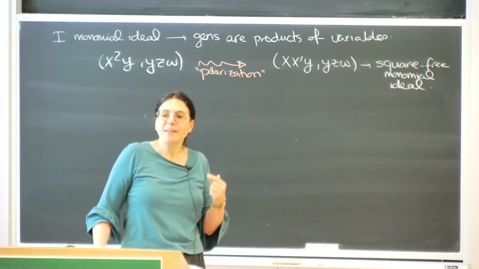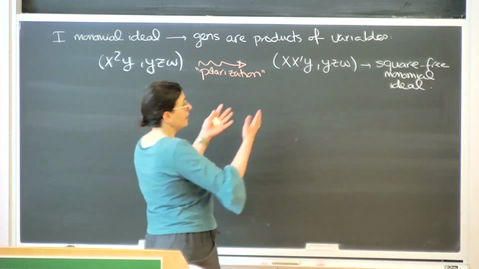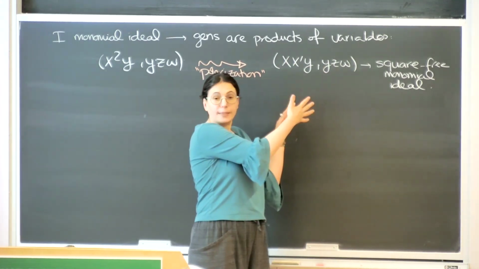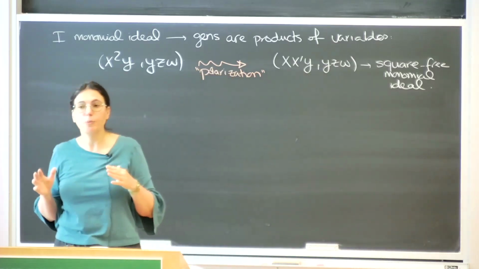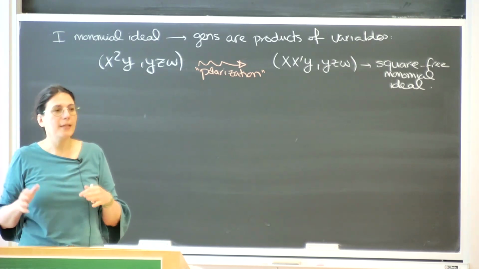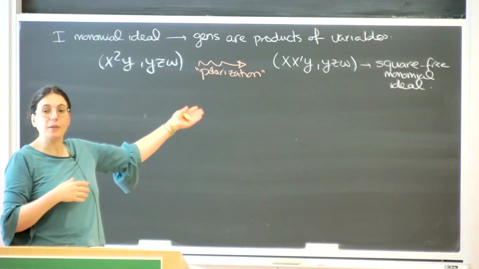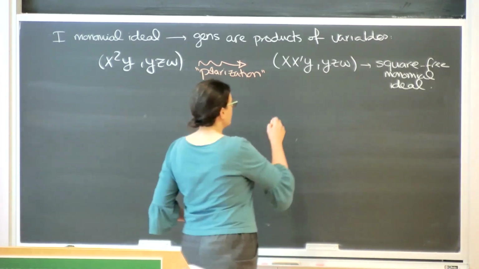You triangulate it, you get a simplicial complex, you associate it to it a square-free monomial ideal, and to prove topological or combinatorial properties of that object, you use the algebra of this simplicial complex. Okay, so this is